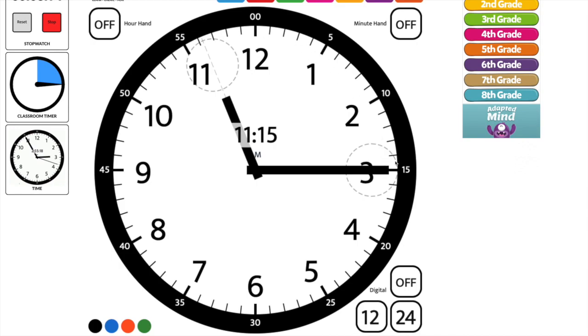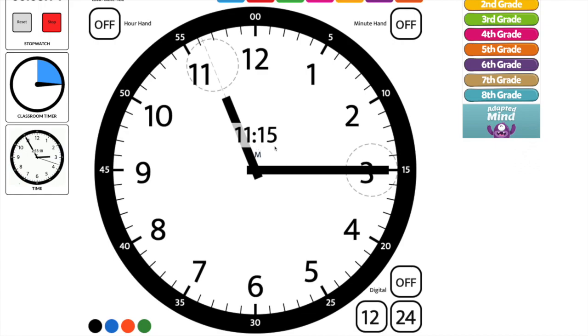So look at the analog clock now. What time is it? Well done. It is 11:15 time. And we know that when it is 11:15 time, that means 15 minutes of time has passed, which means 11:15 on a digital clock is this,